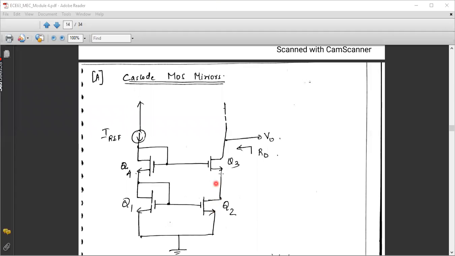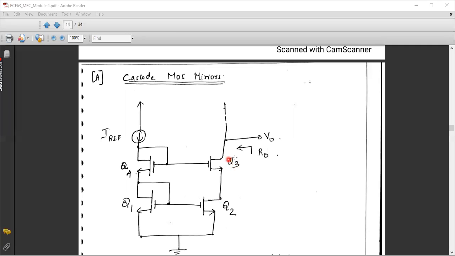From where is the input coming, students? Input is coming towards the source and output is taken from the drain. So the gate is common to both source and drain. Therefore, the output transistor is working in which configuration? It is working in common gate configuration. Therefore, in order to find the output resistance of this overall cascode MOS mirror, we need to